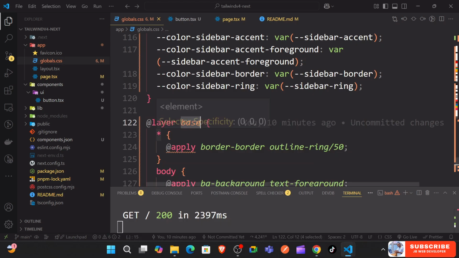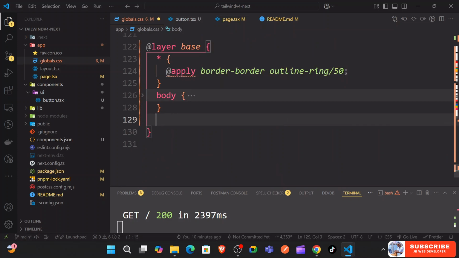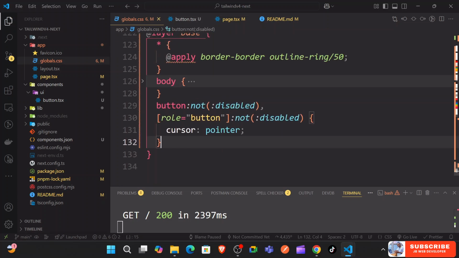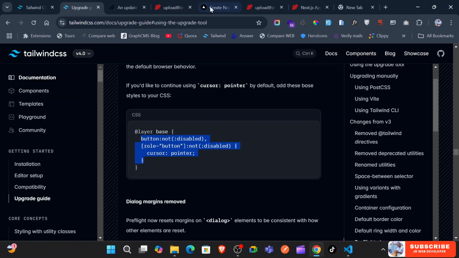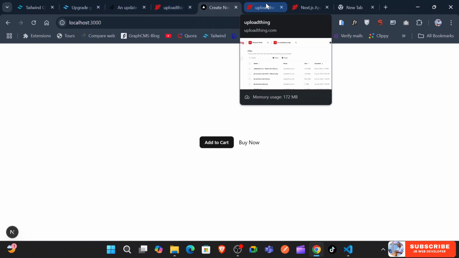So inside here, I'm just going to go ahead and add the button. So here, add for our buttons. So the buttons now are going to come with cursor pointer. So let's go back. So now you can see they have the default behavior. Okay, nice. So we can just have the default behavior back. So just go ahead and add in some